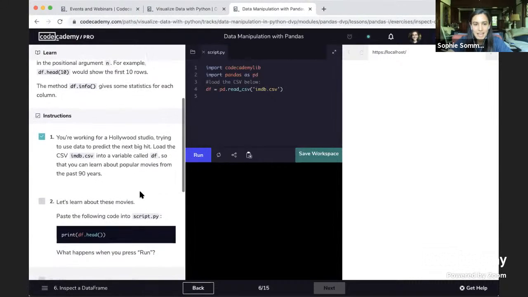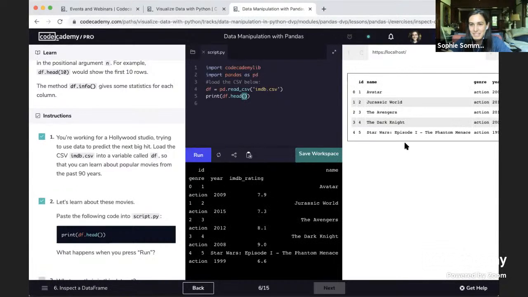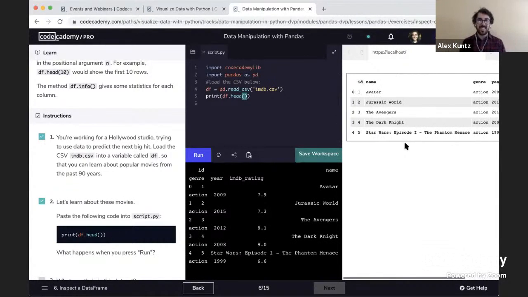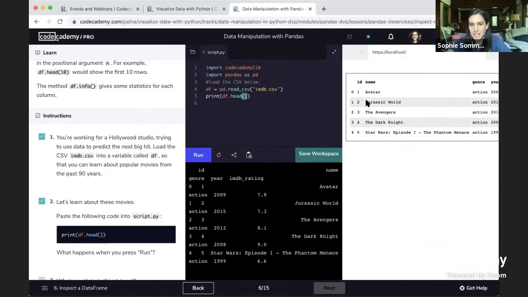And now let's say that we want to see some of the rows of that data frame, but we're not sure how many rows there are. And so, if there's a million rows, we don't want to try to print those all out at once. So we can use this .head method or function or whatever you would like to call it to see the first few rows. And so we'll see them over here. And that gave us 5